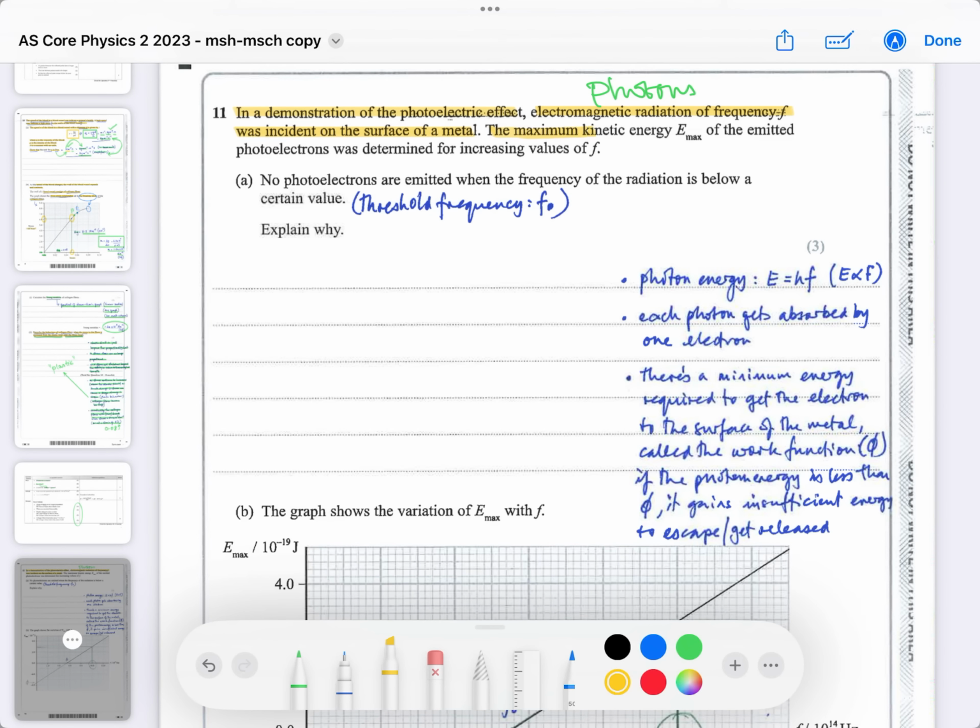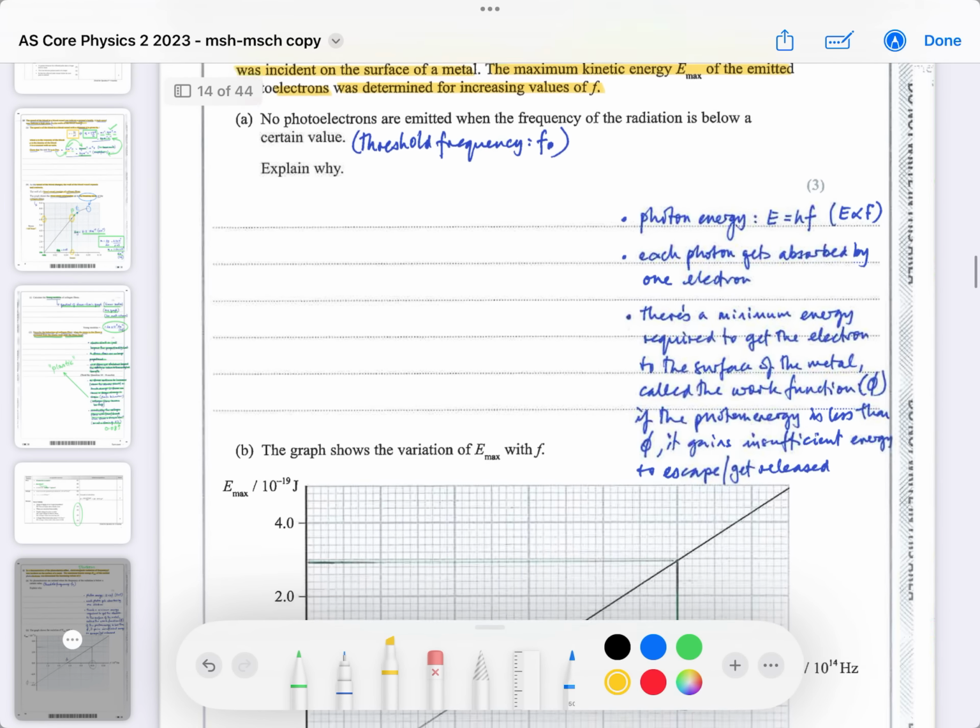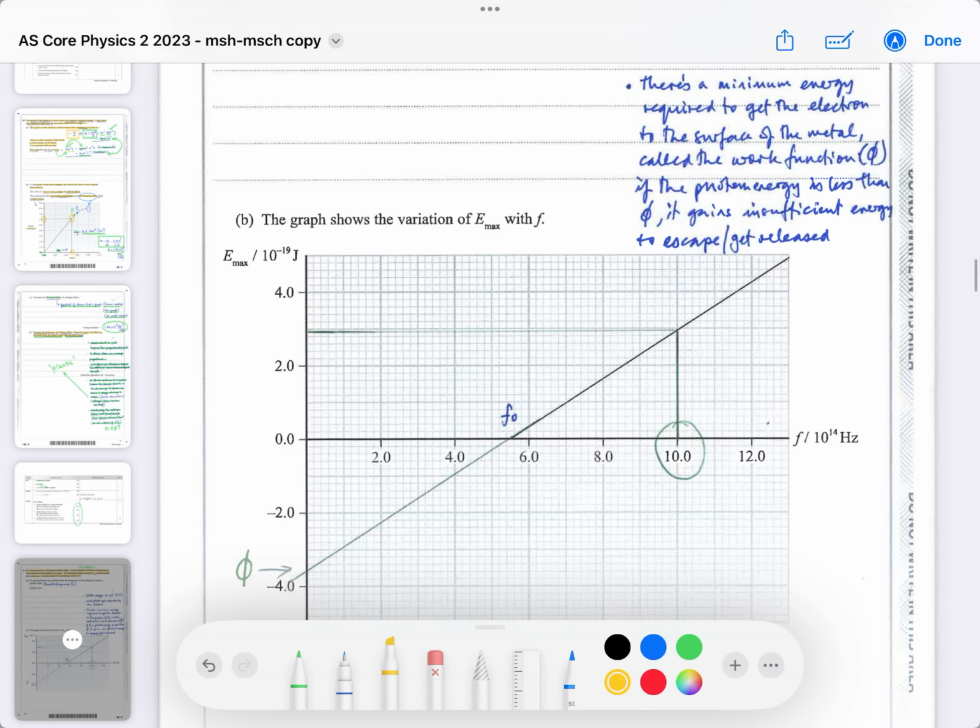And the maximum kinetic energy, E max, of the emitted electrons, we call them photoelectrons because they've been released by photons, was determined for increasing values of F. So basically they increased the value of F, and they found what would happen to the kinetic energy of the released electrons, and that's been put in a graph starting from the minimum frequency, yeah, which